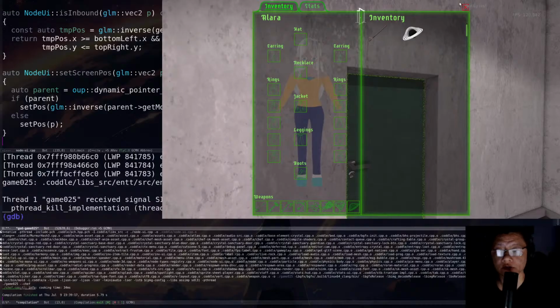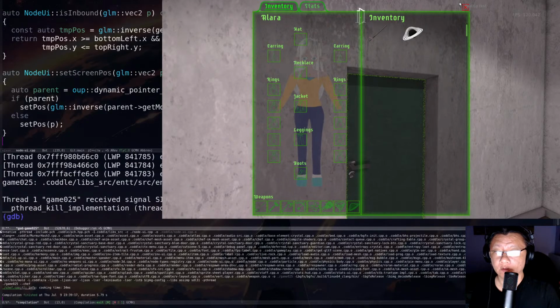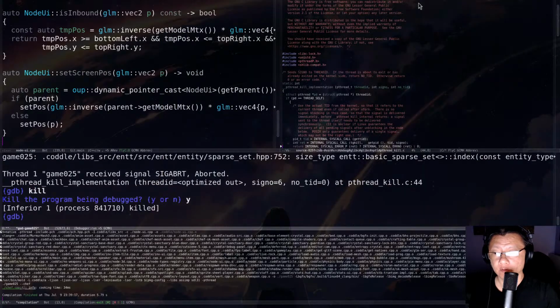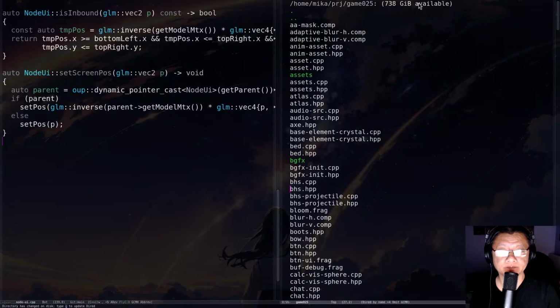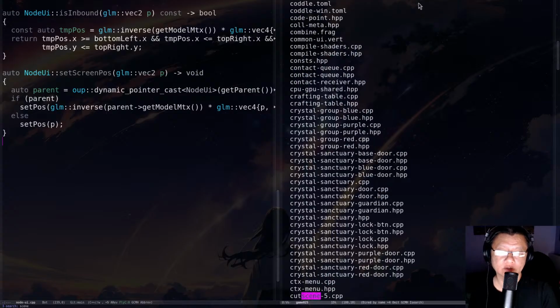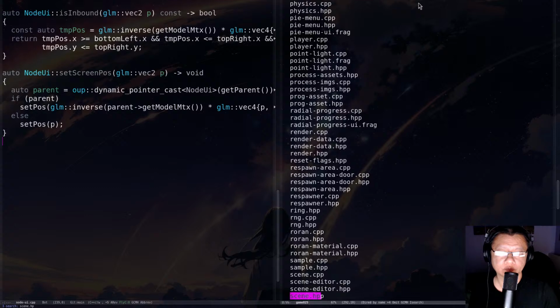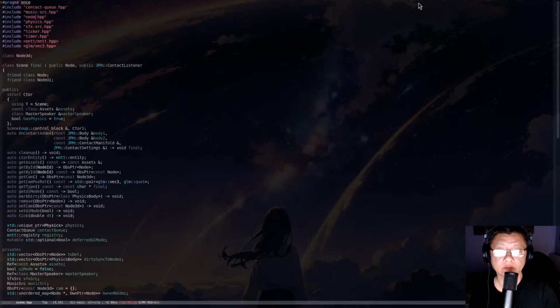Oh, it does crash. Okay. Okay. So to fix the crash, I really do not want to make scene depend on node UI, but